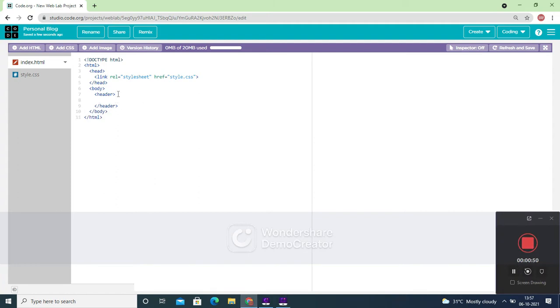Here I am going to give an img src for your picture, you can just give your picture. Alt is equal to student image, width is 100. This is what I am going to set.